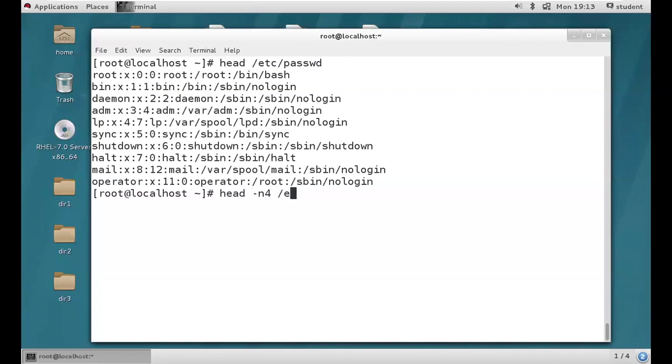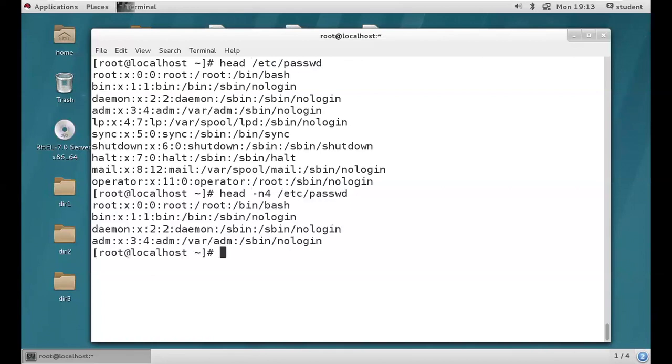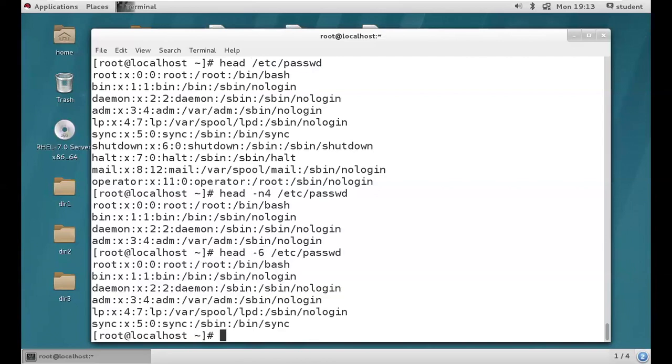It's not a problem. So let's see, guys, here. You're going to get the starting 4 lines. If you need the starting 6 lines, you can give it like this also. Starting 6 lines you're going to get. 10, 20, 30, your wish. Right? So head is a command. By default, head will print the starting 10 lines. So according to your requirement, you can give the option -n 4, -6, -8, like this you can give. Then you are going to get that line count.